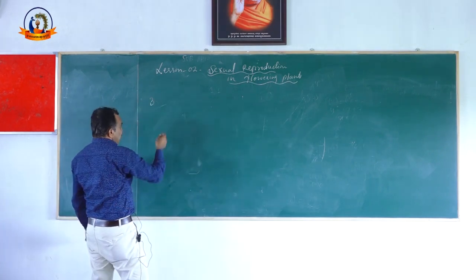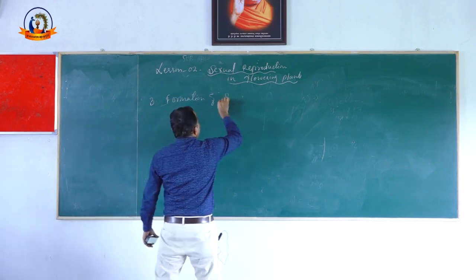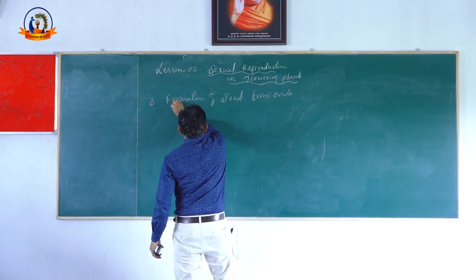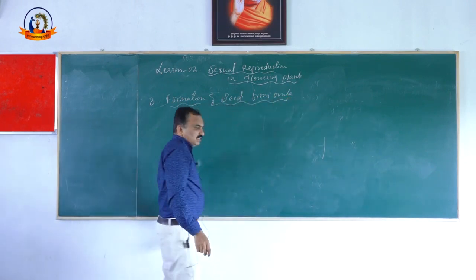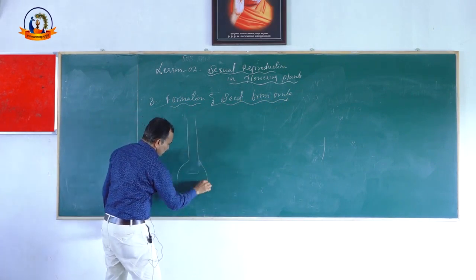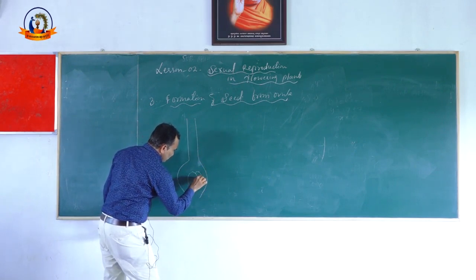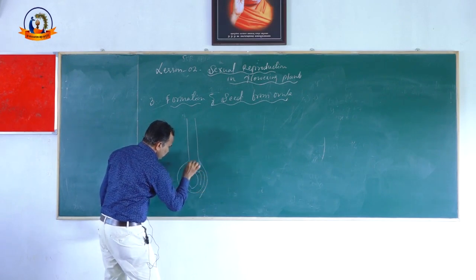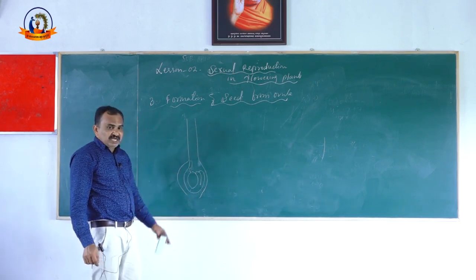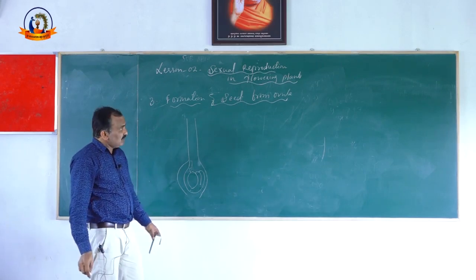The third post-fertilization event is formation of seed from ovule. See, seed is a fertilized product. You know gynoecium, right? This one. Here is ovule. This is the ovule. You know this part, right? After fertilization, this ovule turns into seed, or ovule develops into seed. Hence, it is the fertilized product.